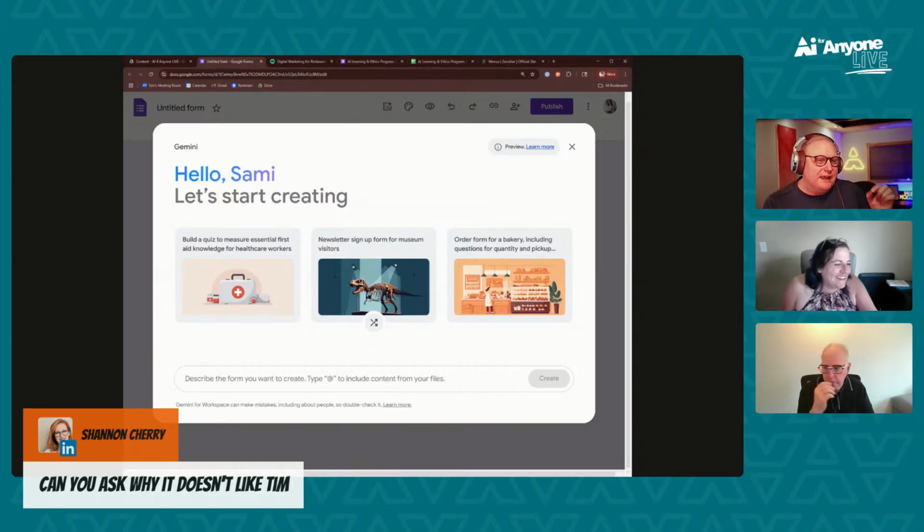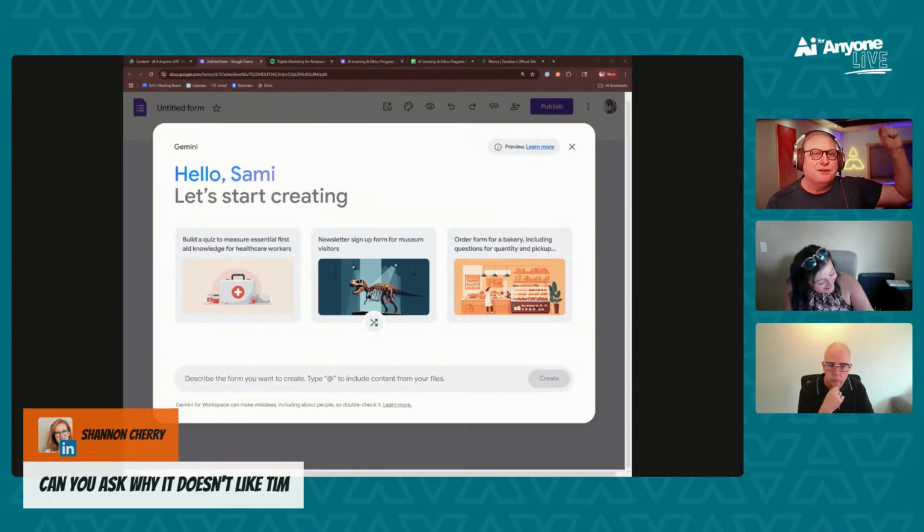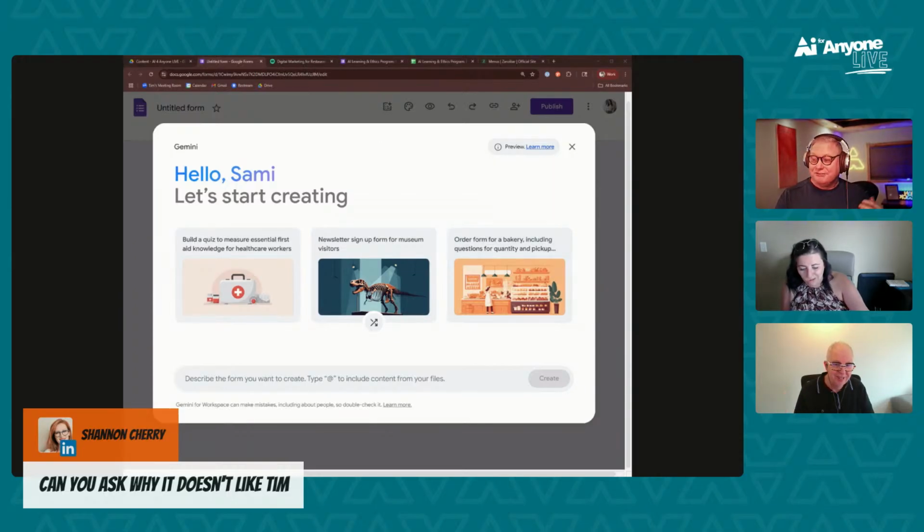What I really like about this is, do you know how much time it would have taken us to create this number of forms by hand to see if we liked it or not? Right? That's the point. This is 3 hours of work, if not more, because I've done a lot of forms. So you can so rapidly try multiple things that would take hours otherwise.